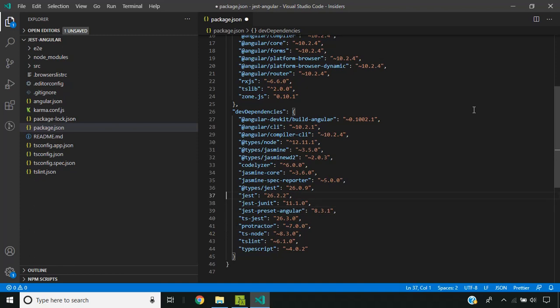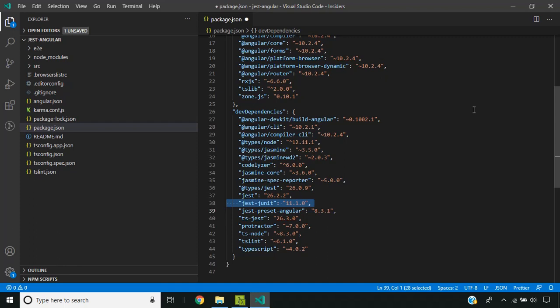So now coming on to the dependencies which are required by Jest. These are the 5 dependencies. Now the types Jest. So this is the package which contains the typings files for the Jest framework, and Jest will be the Jest core files which are needed by the Jest framework, and jest-junit. So this is needed only in case you are using the JUnit reporter for publishing the results of the test runner. So in case you are not using it, you need not have the jest-junit.